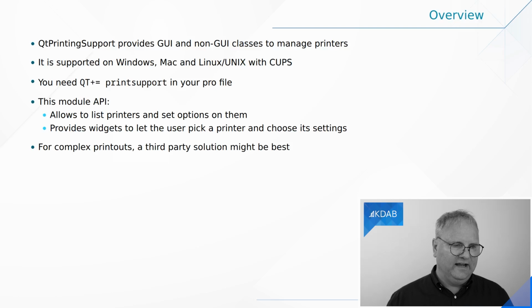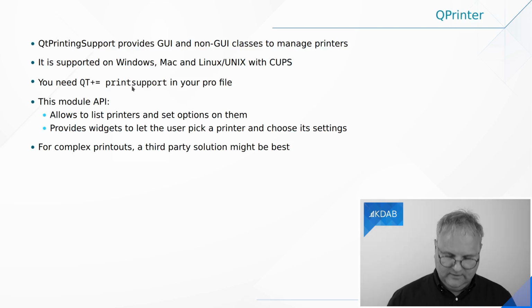The very first thing you need to do to get printing to your application, at least if you're talking about printing and not just exporting to a PDF, is to ask Qt to compile in the library for QPrintSupport. So that's that library here, QPrintSupport. You get that in QMake with QT += printsupport, and with your CMake based setup, just like you find and search for Qt widgets, you do the same thing for PrintSupport.